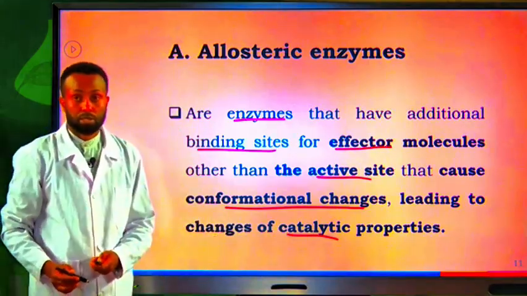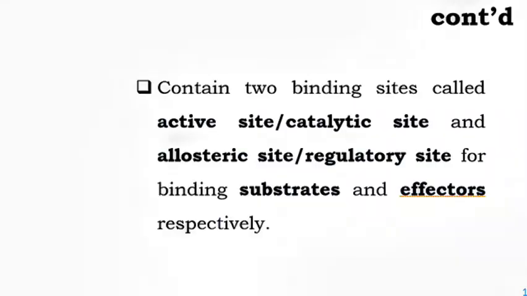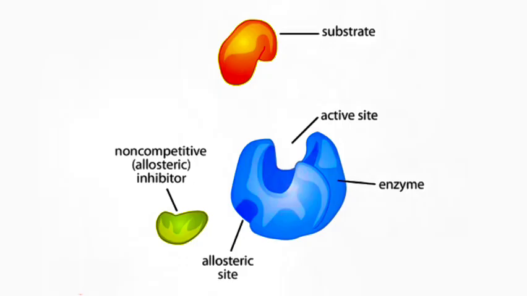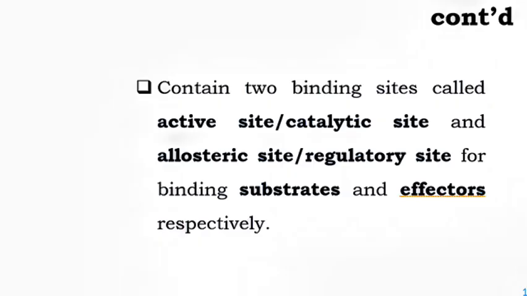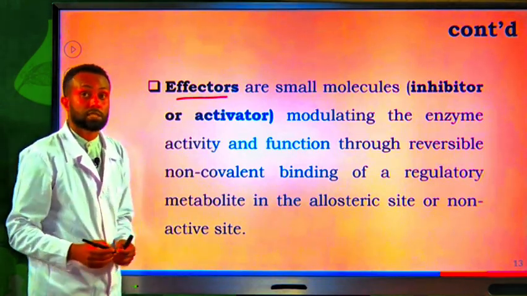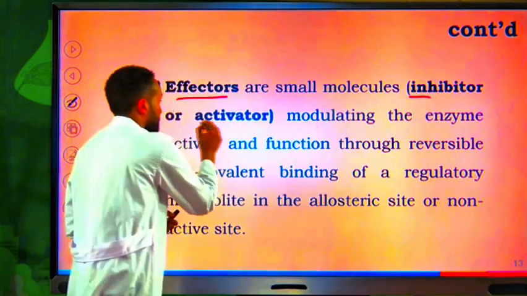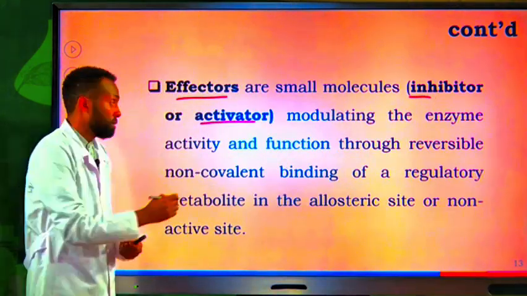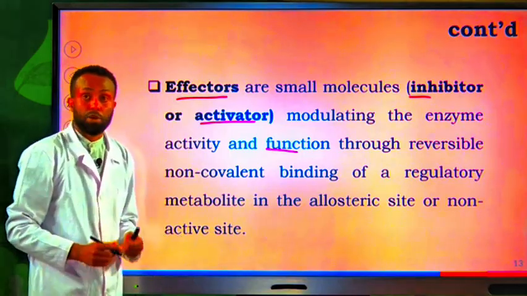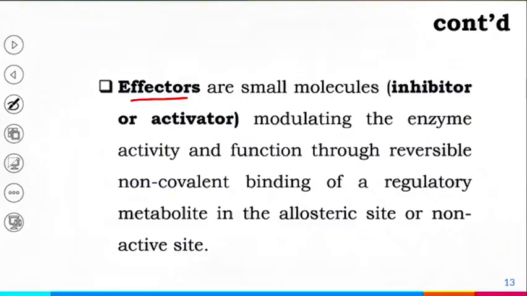Catalytic properties. Allosteric enzymes contain two binding sites called the active site or catalytic site and the allosteric site or regulatory site for binding substrates and effectors respectively. The effectors bind on the allosteric or regulatory sites, whereas the substrates bind within the active or catalytic site. Effectors are small molecules. They act as an inhibitor or activator, modulating the enzyme activity and functions through reversible non-covalent binding of a regulatory metabolite in the allosteric site